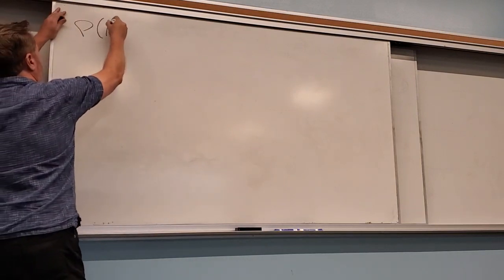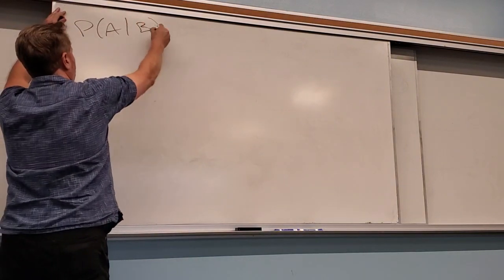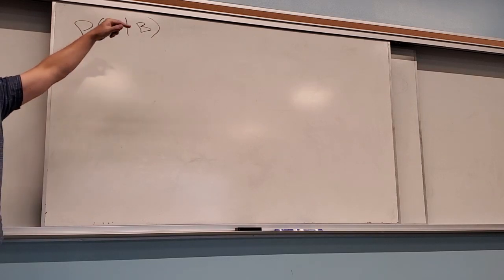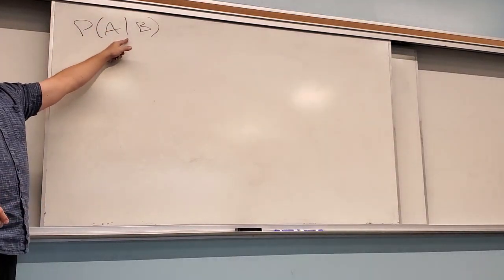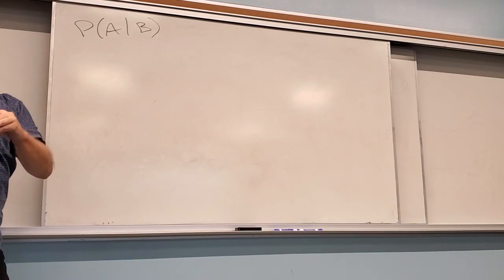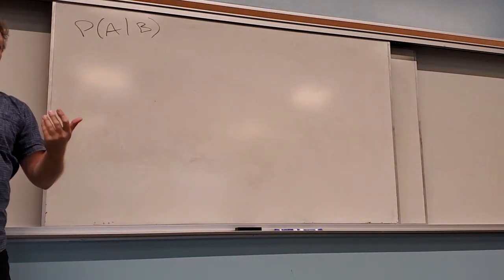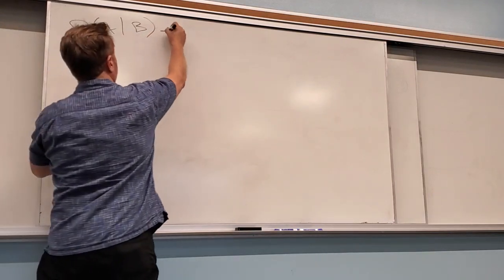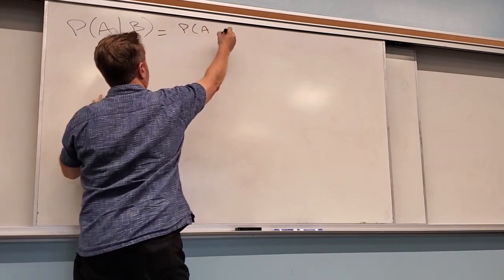So how do you read this? Probability of A given B. Sweet. That means given, right? Does anyone remember what the formula for this was? Probability of A divided by